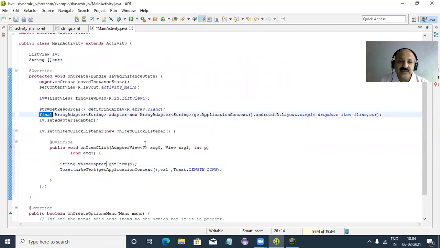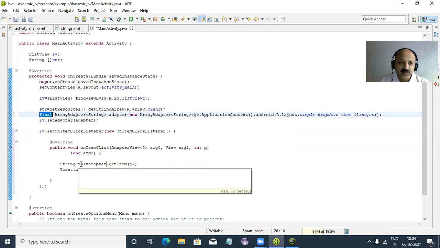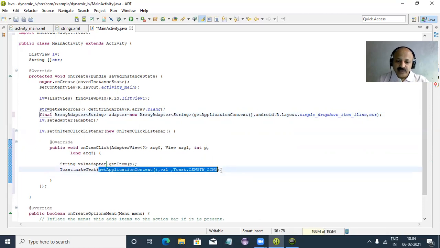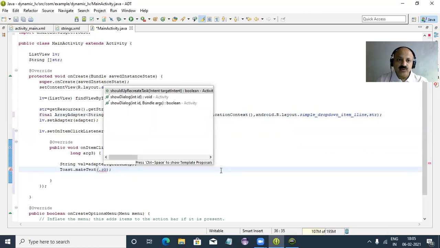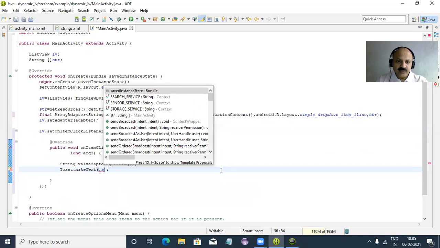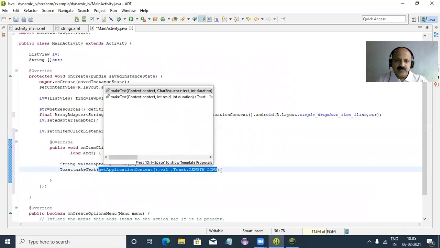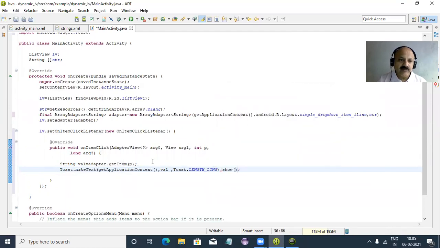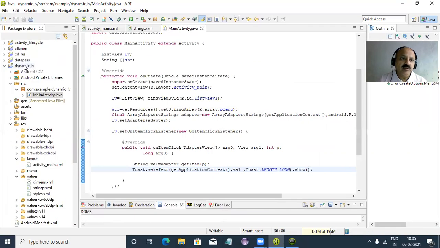So then your list is not changed and we can get the position and then print that position. So the string variable returns the item at the position, and the position value is returned as a string. So we can print in the Toast class. And now here I use the show method. So that is displayed. So yes, now it is perfect. So show, all are well. So Control S and let us check. We can run our app.